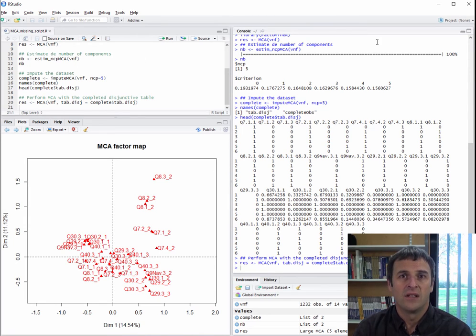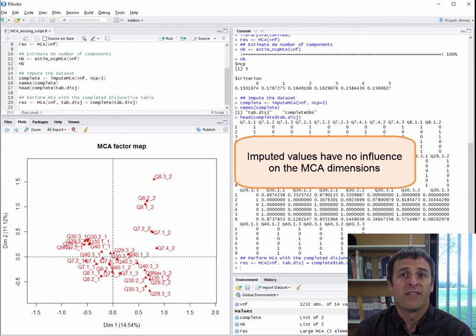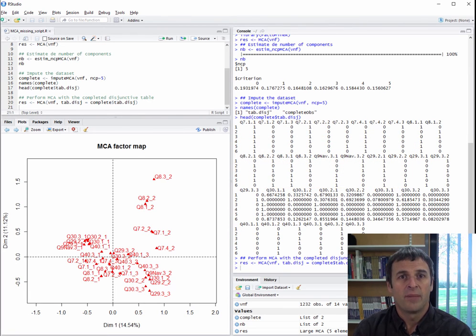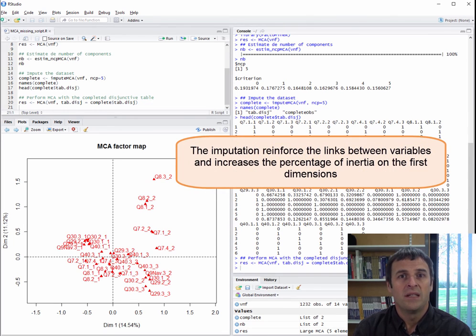The data is imputed in such a way that the imputed values have no influence on the axis construction, so the axes constructed here are done so based only on the observed data. This is important because we only want to visualize the information contained in the observed data. However, be careful because the percentages of inertia associated with the axes will be a little overestimated because we imputed the missing data using only the first MCA dimensions. This will exaggerate the structure that can be seen in the first MCA plane.